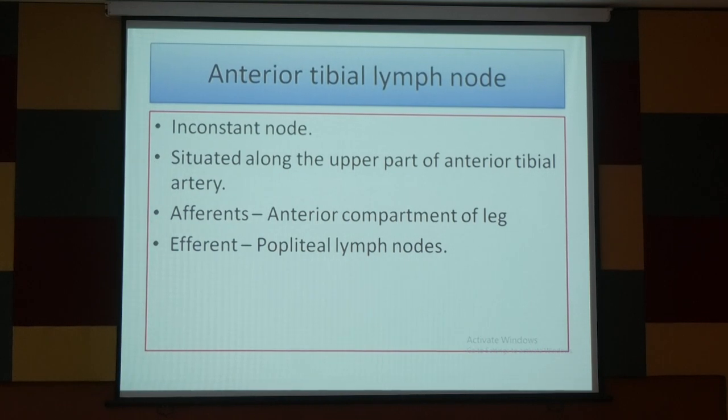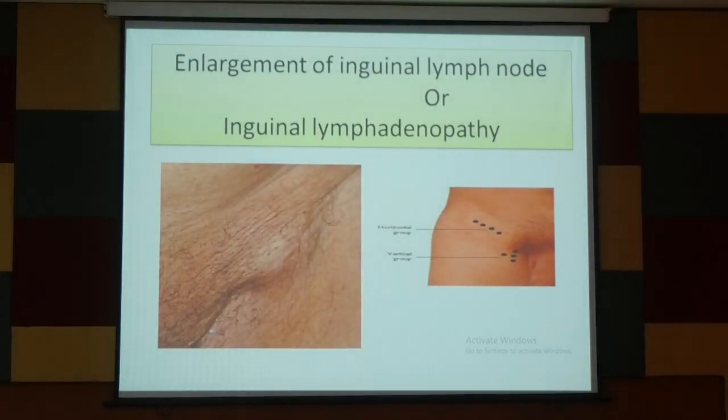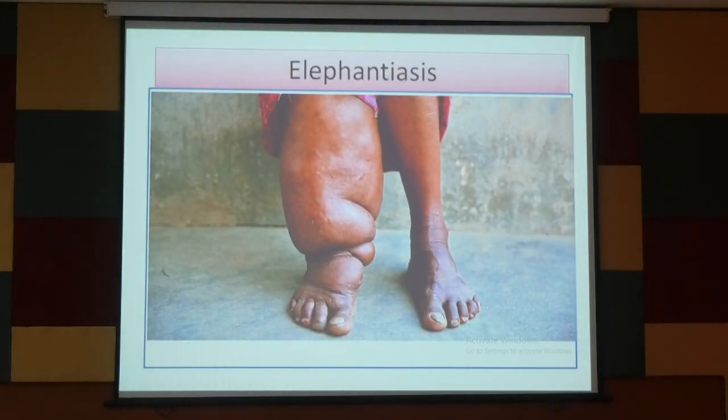and there are some inconstant nodes present on the medial border of the tibia, deeper part, তাকে বলে anterior tibial lymph node। ছেড়ে দাও। এবার যখন any swelling of the lymph node, we call lymphadenopathy. So if there is a swelling in the inguinal lymph node we call inguinal lymphadenopathy. Lymph মানে lymph, adeno means gland, pathy means disease, lymphadenopathy।